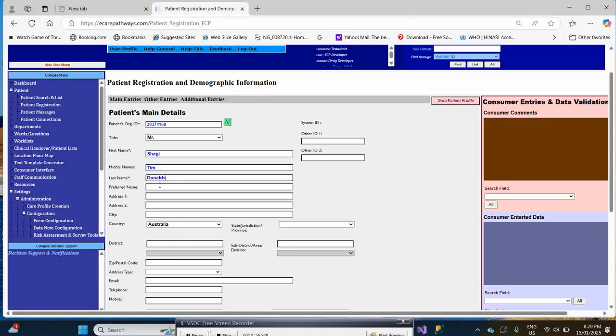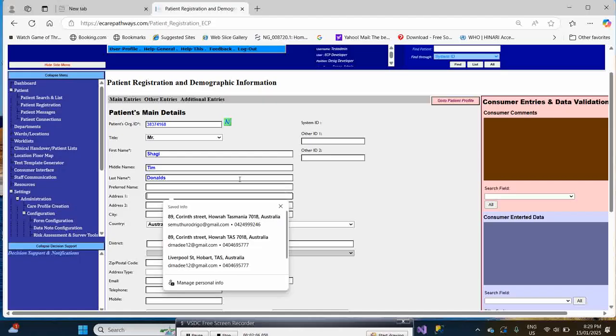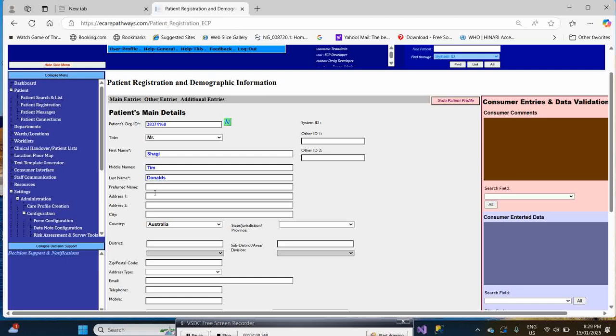So let's take this as a sample patient. Then you can put a preferred name if you want. Then say Shaggy,